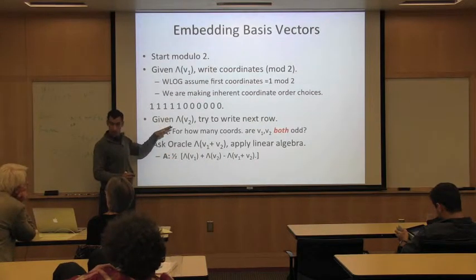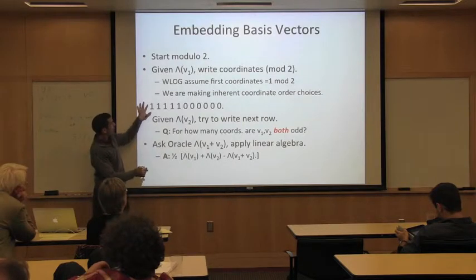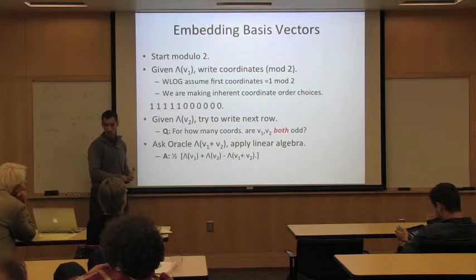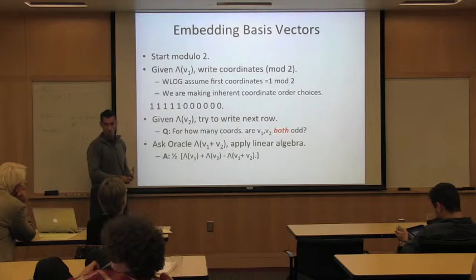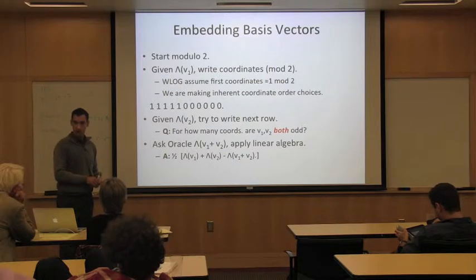And by the time you're done with calling this oracle so many times, you've actually written down all these row vectors Vi in a consistent way mod 2. Okay? So then, I don't have time, but you can do more tricks to get them all done in a consistent way, mod 4, mod 8, etc. Okay? So it is possible to keep calling this oracle to figure out information